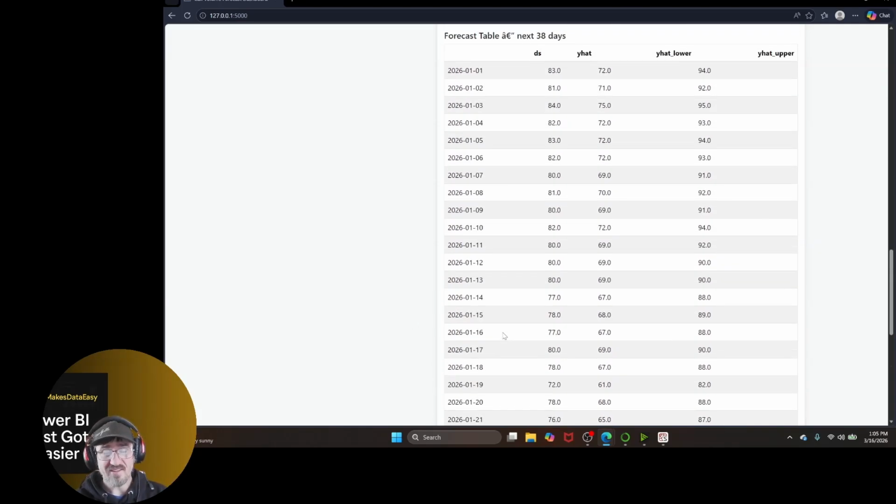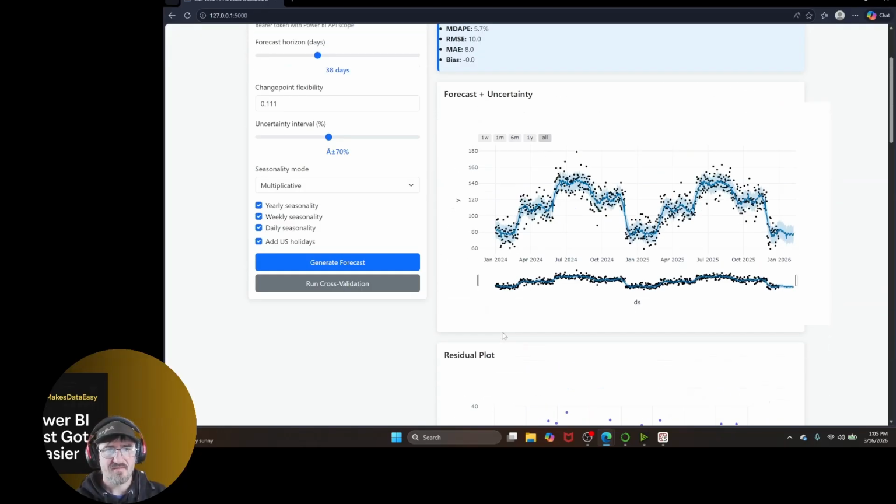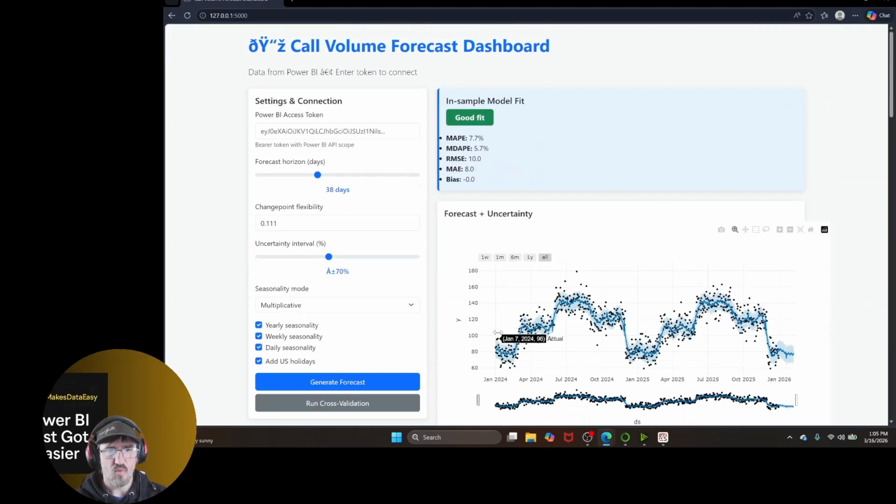So that's really cool. Again, it's just a very quick way to work with Python and integrate Power BI as a data source. And you can do some forecasting, and you can make it really easy to use, easy to validate, and you can get going with that. Works great for emails, call forecasts,